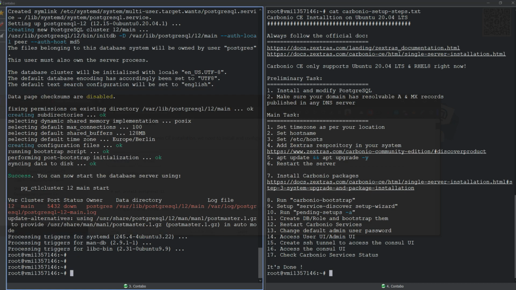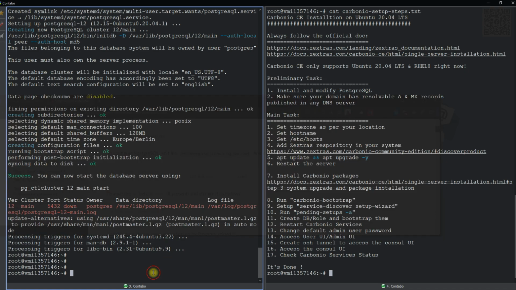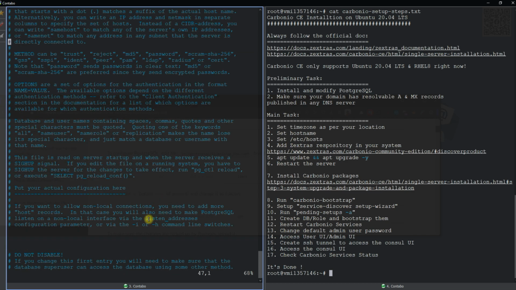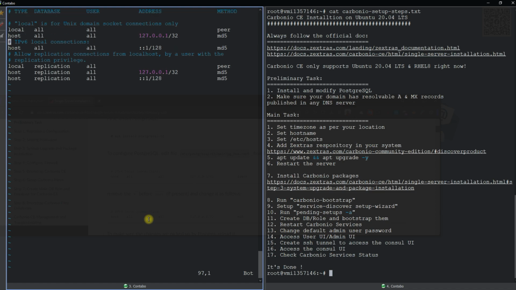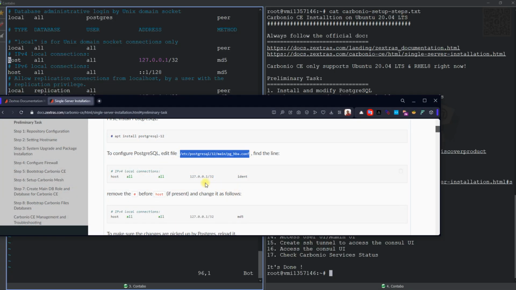Now what I'm going to do, there are some modification advised in the documentation. Go to this directory, vi, go to the bottom of this directory. Now it says find this host or local host or loopback address and change the indent